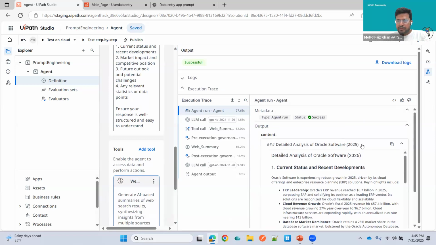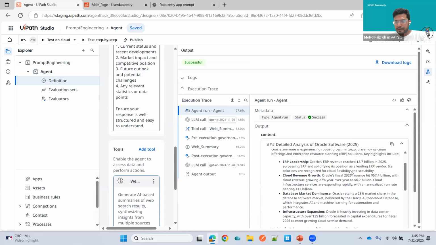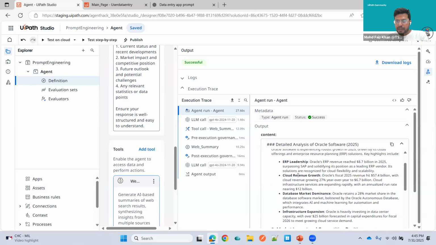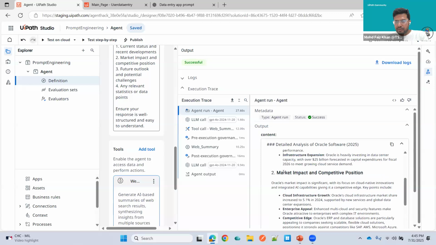Detailed analysis of Oracle software, that is 2025, current status and recent development. You can see Oracle software is experiencing robust growth in 2025, driven by its cloud offering and enterprise resource planning (ERP). Key highlights include ERP leadership, cloud revenue growth, database market dominance, infrastructure expansion, and you can see the market impact and competitive position.